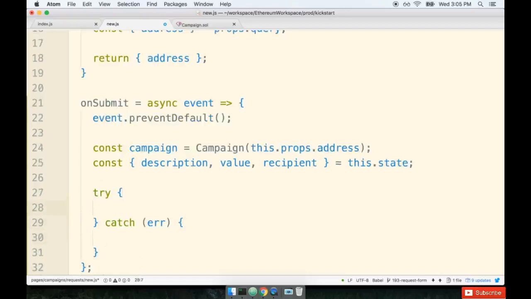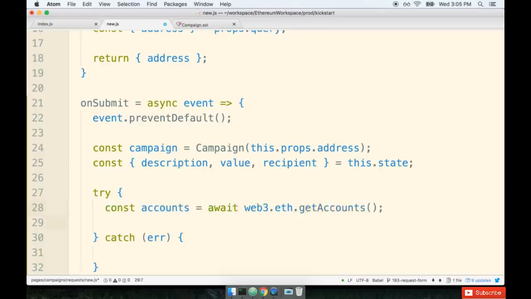Then inside the try, we'll do the same thing as before. We'll get our list of accounts and then use the account at 0 to send in a request to our createRequest function. So we'll do const accounts equals await web3.eth.getAccounts. We'll then do await campaign.methods.createRequest. Now when we call createRequest right here, we have to pass in the three arguments, description, value,